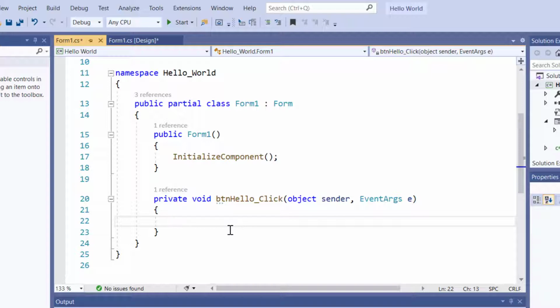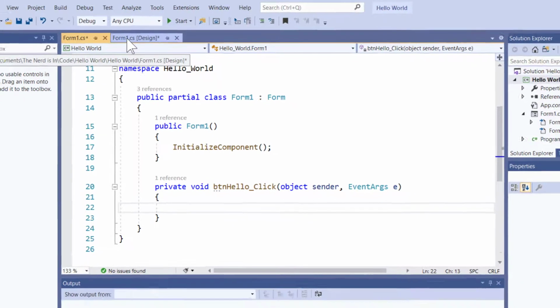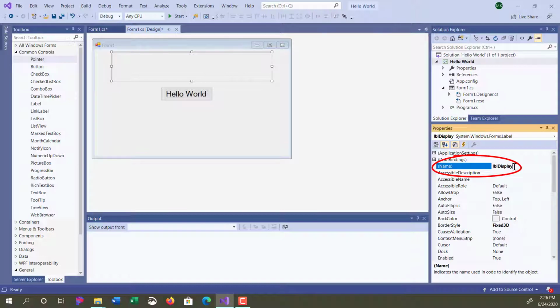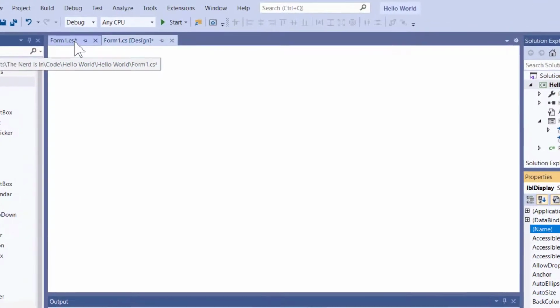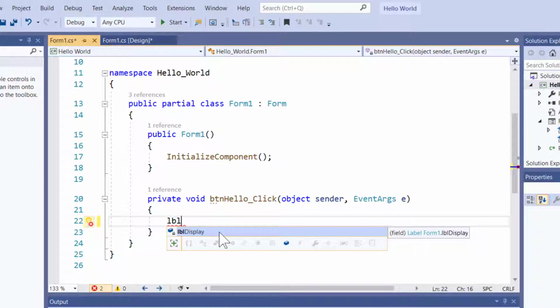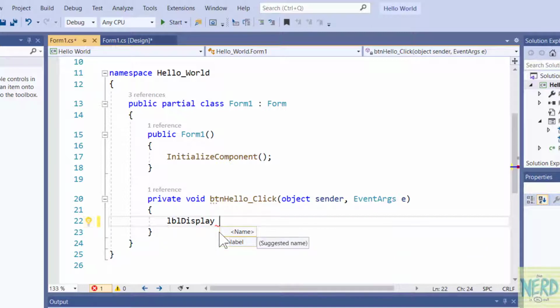Anybody remember? If you can't remember what it is, I can go back to my form, click on the label in question, scroll up in the properties window, and what is it? It's Label Display. I'm going to go back to my code window over here, and I'm going to say LBL, and as I start to type it, Visual Studio gives me autocomplete. So if I hit the space bar, the only thing in my project that begins with LBL is Label Display. So if I hit Label Display, and then I'm going to say dot